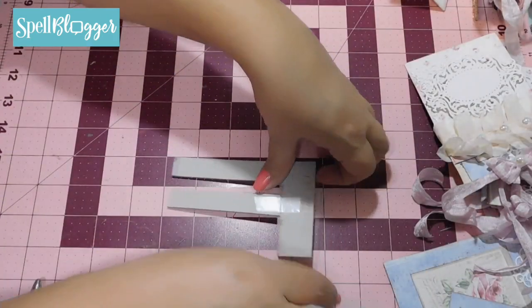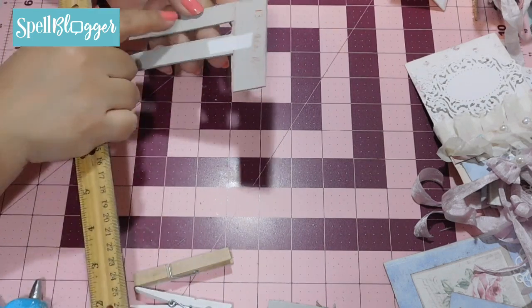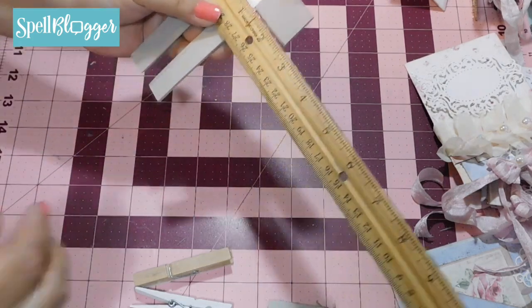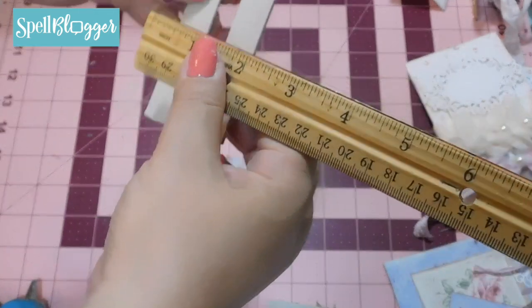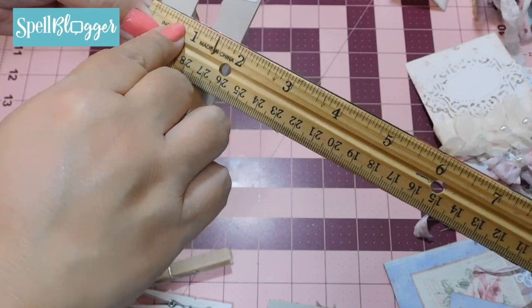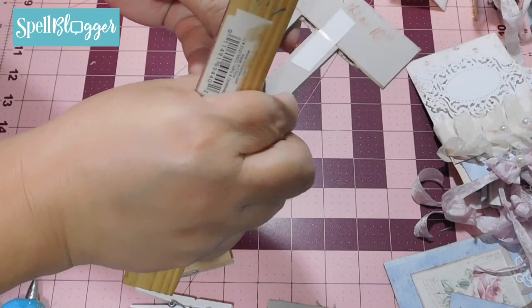Alrighty, so in order for these measurements, the 13 and the 10 inches, to work for you, let me tell you how far apart these two pieces are from each other. It's 1/2 inch apart, okay? These are 1/2 inch apart. And how wide these are, let's see, 1, 2, 3, 4, 5/8 of an inch. 5/8 of an inch. And in Tammy's tutorial, she will give you the measurements, how wide these need to be,